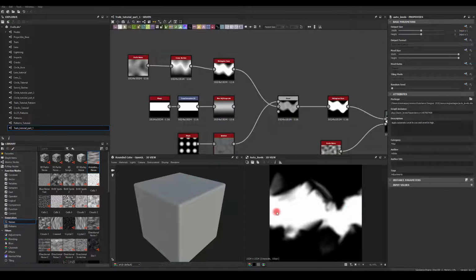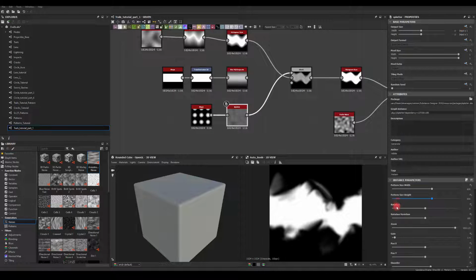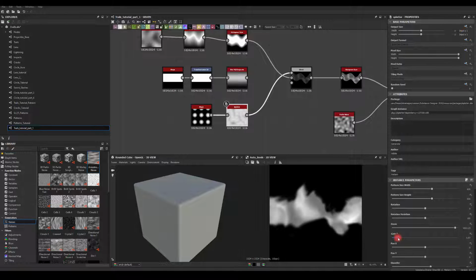Okay, the only issue right now is that we're missing those nice details that we had. So I'm just gonna go back to my splatter node and maybe play with gain. So we get this nice variation. I'm not sure if you can see because of the video compression, but in here it's slightly brighter than in here. And I think it's just gonna move really nicely in the engine,